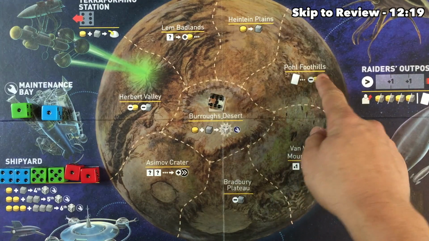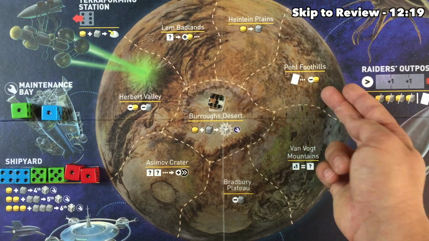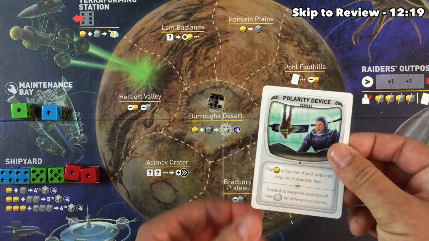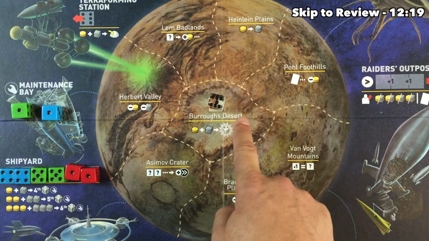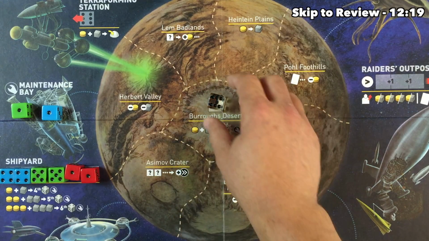We have the Pole Foothills, which is really nice. It means that each card that you activate, each alien artifact, gets a -1 fuel cost associated with it. So this polarity device, if you had the Pole Foothills bonus, would be free to use. Again, only once per turn. Next we have the Burrows Desert. If you control this zone, you can spend a single fuel and a single ore in order to get access